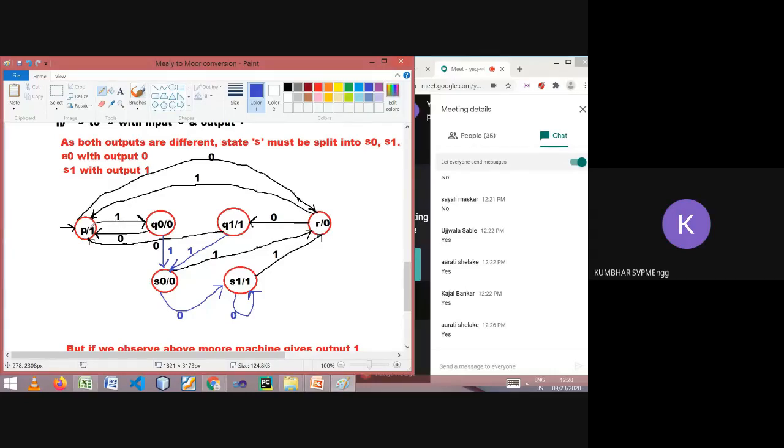Okay, just a minute. I think instead of drawing, it will take much time. So let me take a snap of the final answer and show it to you. Just a second, so that you will understand it. I'm sharing it.